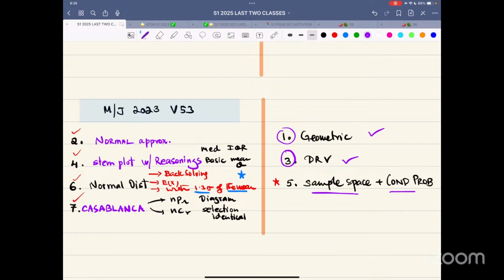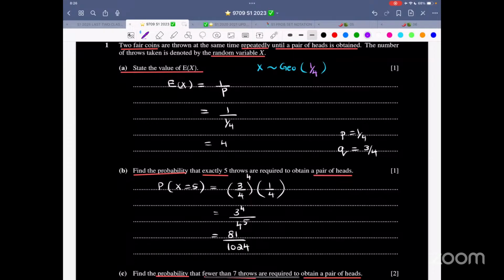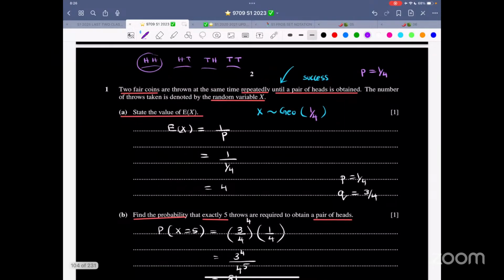Over here, it says, not over here on the paper, this one over here, 2 fair coins are thrown at the same time repeatedly until, again the word until is there, number of trials is not mentioned. That means this is geometric. And we have seen questions in which the number of trials was mentioned, but it was not used because success was happening before that. So until a pair of heads is obtained. So this is basic probability. When you toss 2 fair coins, you get head head, head tail, tail head, tail tail. So a pair of heads, it's 1 out of 4. That is the success. X follows a geometric probability distribution.